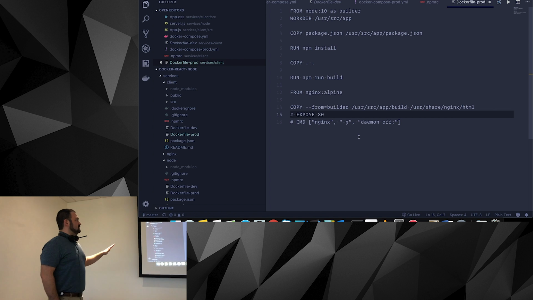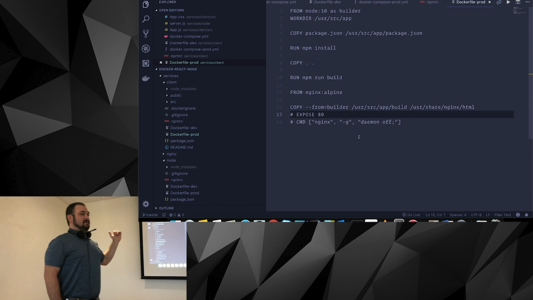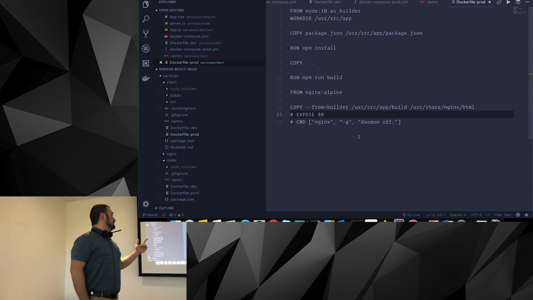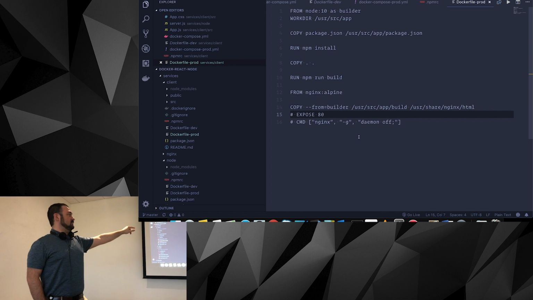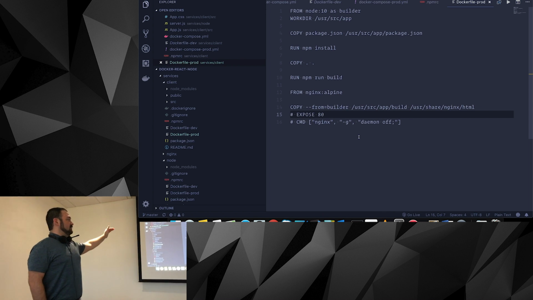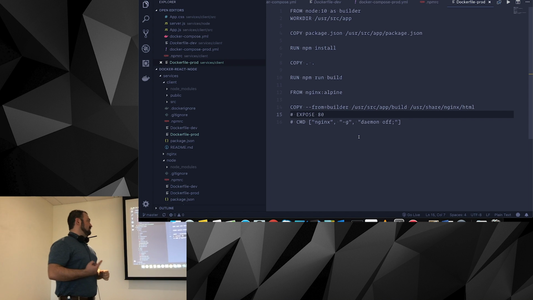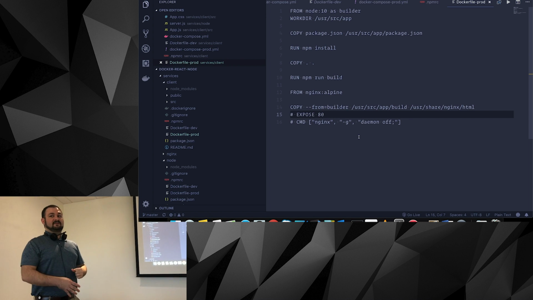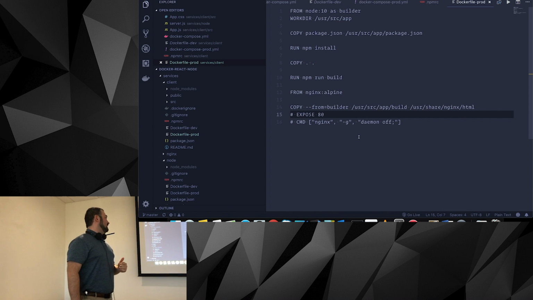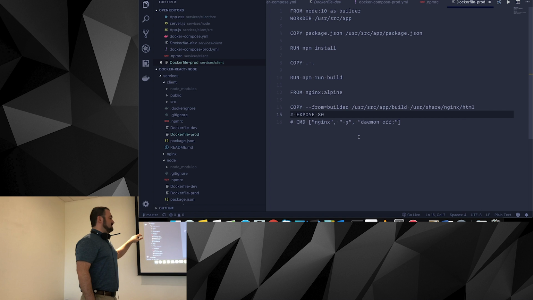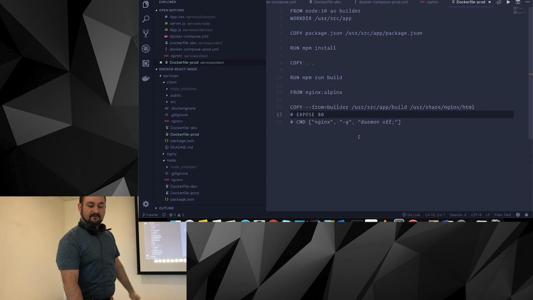So this is a little crazy, but what we do is install Node, copy the dependencies in, install them, copy our code in, npm run build, which builds the React app that goes to usr/src/app/build. And then we pull Nginx, so we throw away that container we just used, but we save the build folder, copy that into the Nginx folder that serves the project, and run that. These commands are commented out. You don't actually need those.